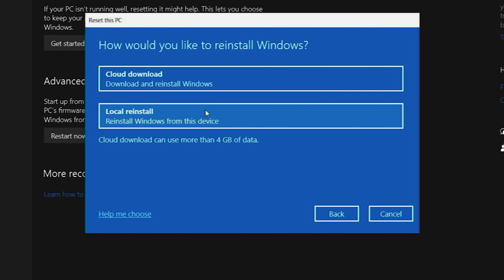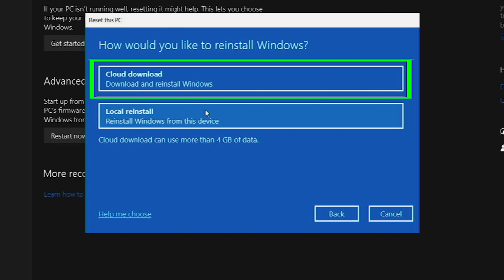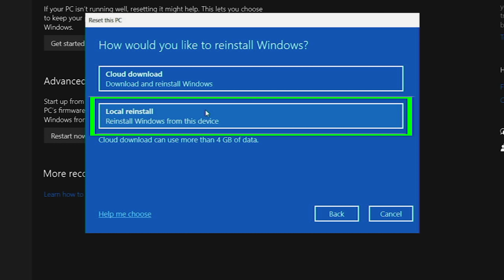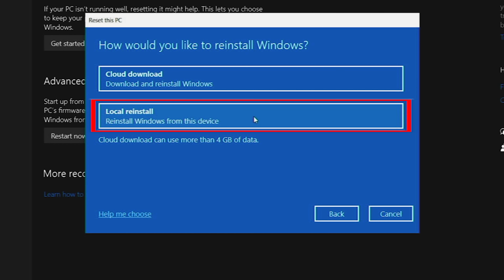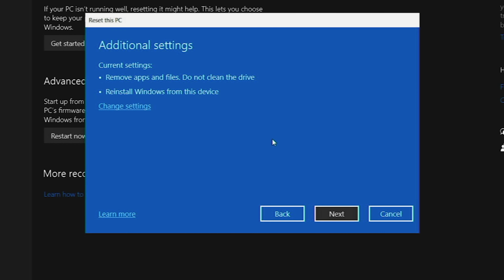From here, you have two options. You can cloud download the system files, so reinstall the Windows operating system from the web. Or you can use the local reinstall, which is the system files on your current computer. I generally do local reinstall. However, if that fails, you can use the cloud download in order to recover your computer. The preference is really up to you. I'm going to select local